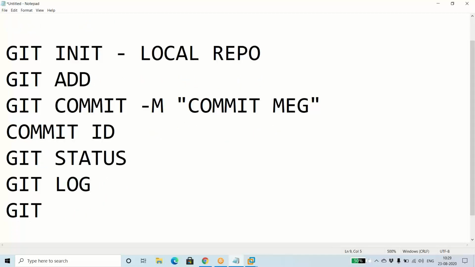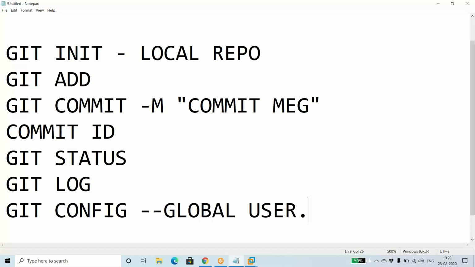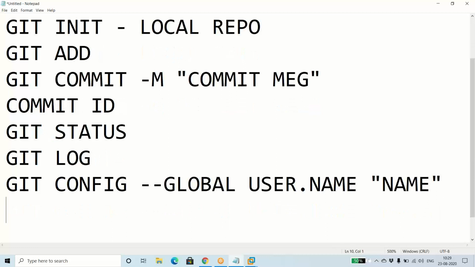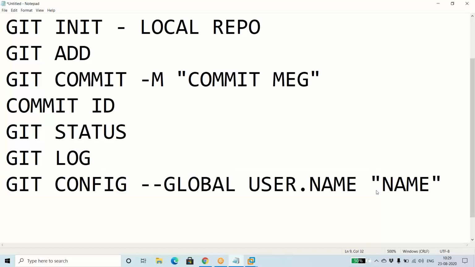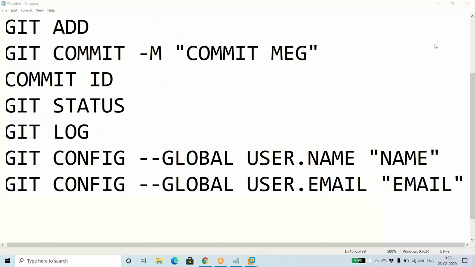There's another command called git config --global user.name.